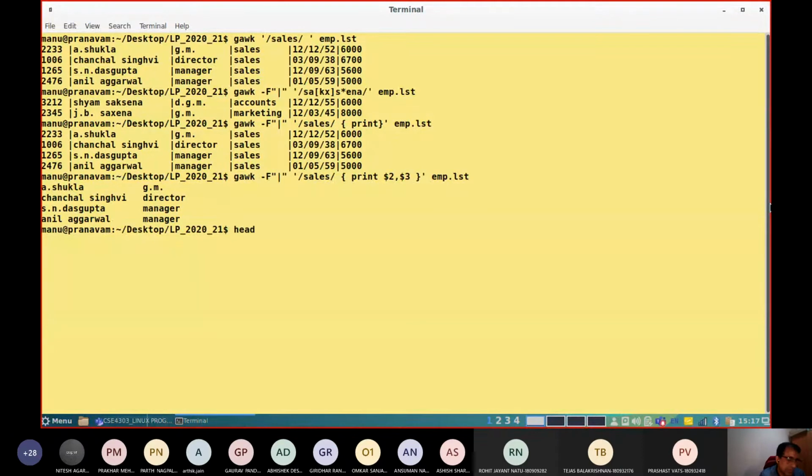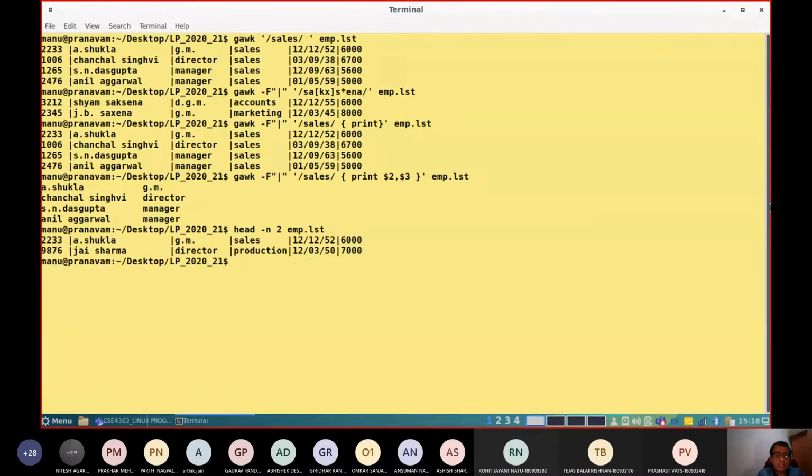If I use our previous head command, if you are interested only in the first 2 lines of the particular input list, you are going to write this, and it will print the first 2 lines. Similarly, there is one more command, that is tail. This will print the last two lines of the input file, head and tail.